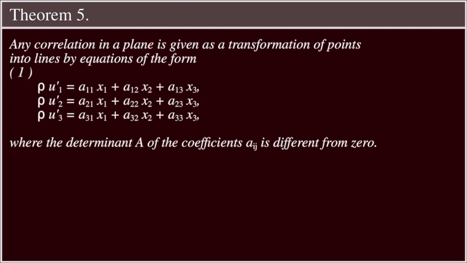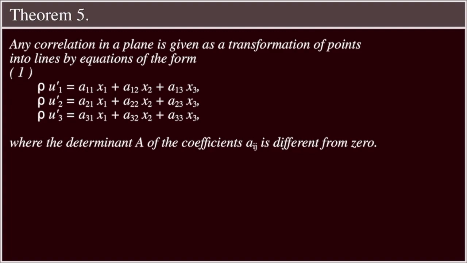Rho u2' equals a21x1 plus a22x2 plus a23x3. Rho u3' equals a31x1 plus a32x2 plus a33x3, where the determinant A of the coefficients a_ij is